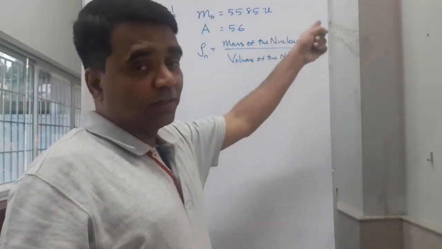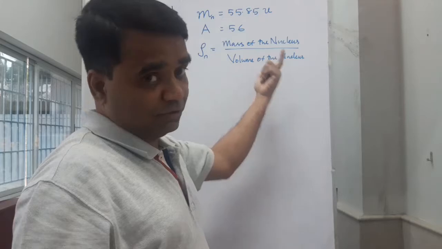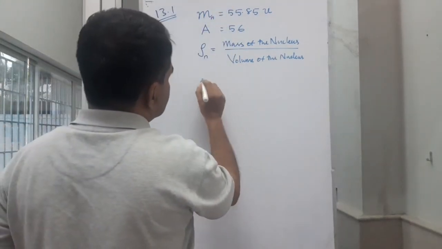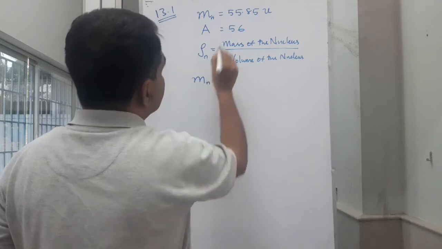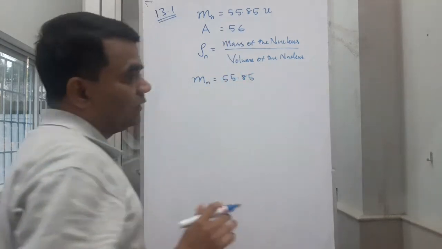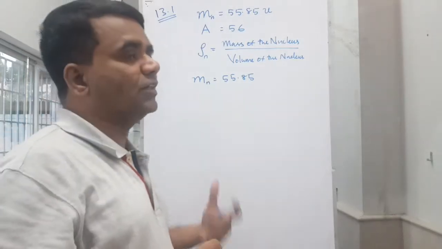This must be in kilograms and this must be in meter cube. So what's the mass? Mass is given to be 55.85 atomic mass units, but you have to convert that into